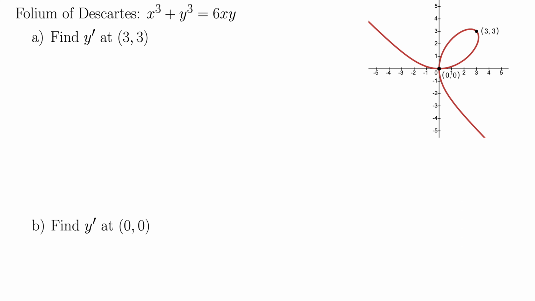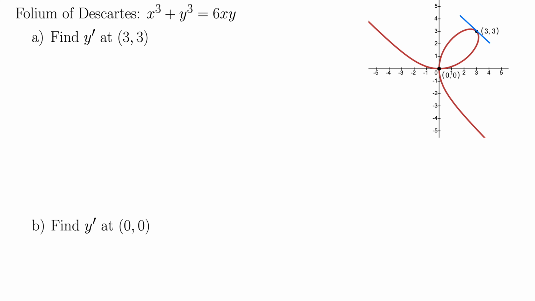Well, we have a picture of the folium here as well, and you can tell that this thing is not a function, and anytime something is not a function, we need to use implicit differentiation. We know it's not a function because it wouldn't pass the vertical line test. But looking at that picture, if you had to guess the derivative at (3, 3), what do you think it would be? We can imagine a little tangent line in here,